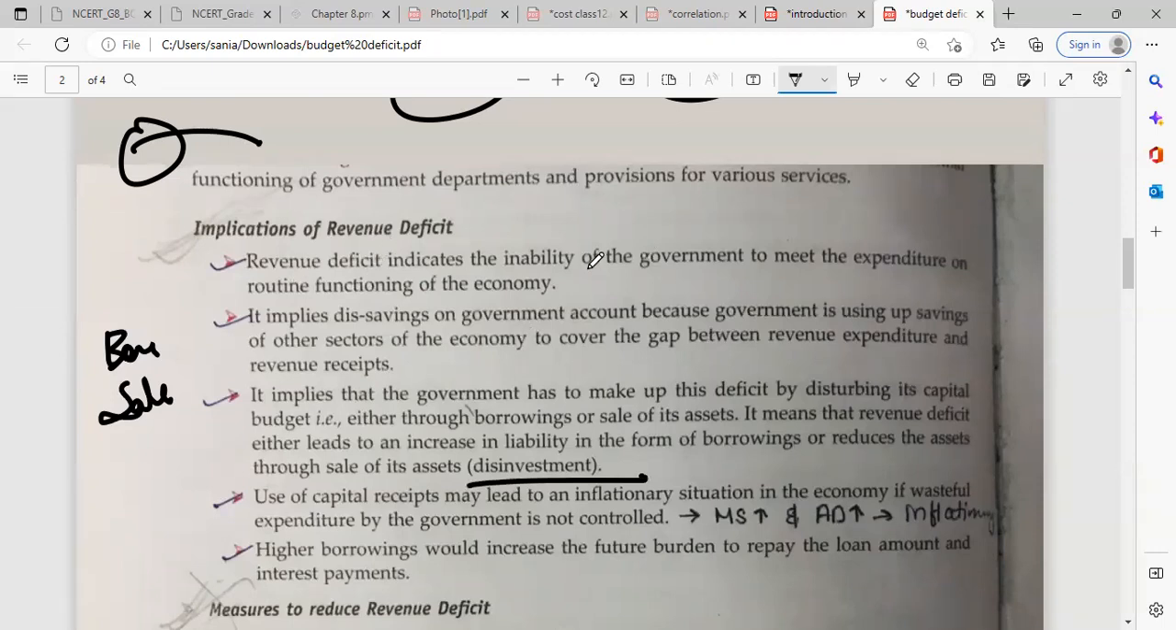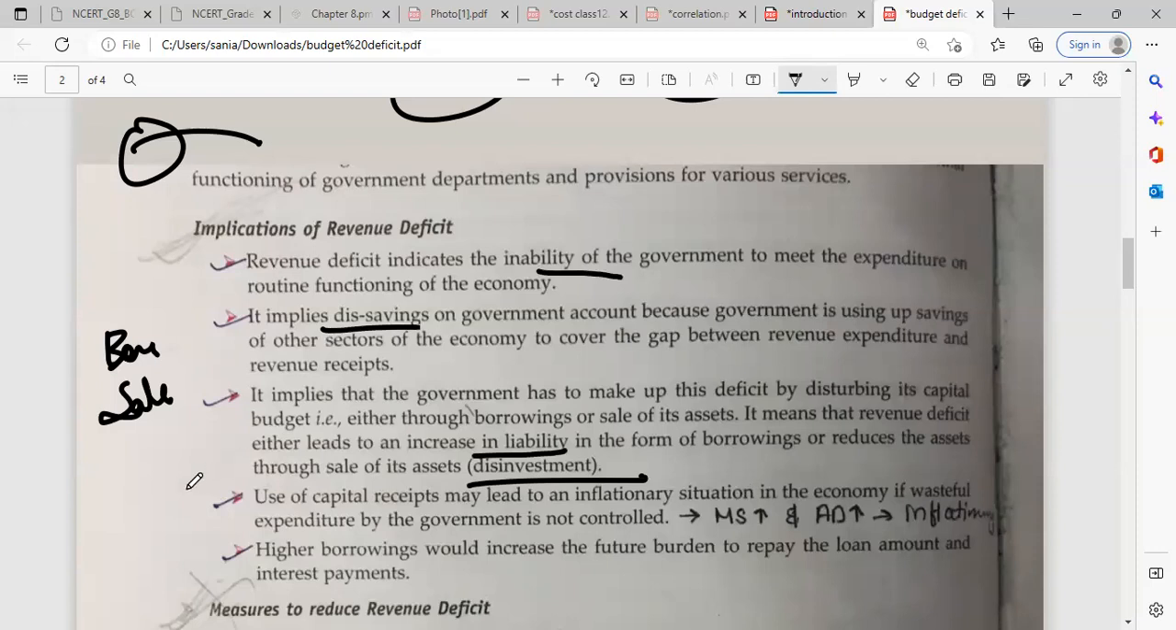Clear? These are the implications. First implication, that it is showing that the government is incapable. Second, it leads to dissaving. Third, it leads to disinvestment as well as increases the liability of the government. Fourth, government use of capital receipts may lead to an inflationary situation in the economy. It is wasteful expenditure by the government that is not controlled. So over here, if the government keeps on doing this, that will lead to an inflationary situation in